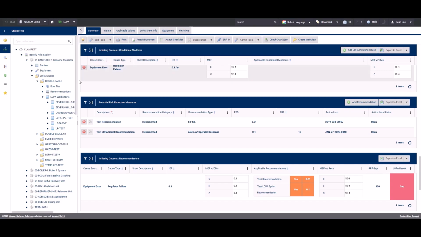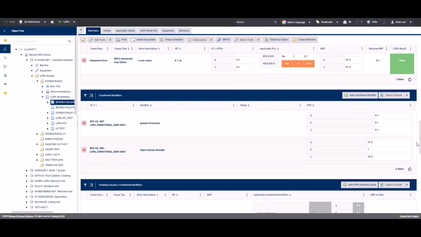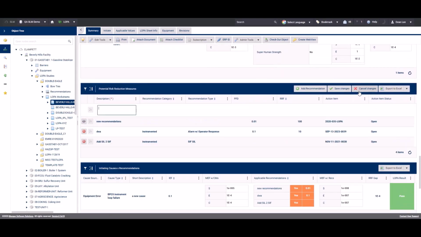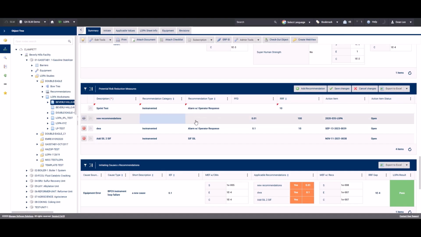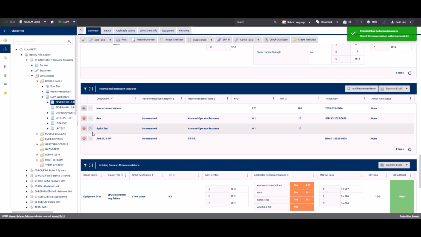So if we come to the LOPA module, we come to a LOPA worksheet. If we scroll down to the potential risk reduction measures, add a recommendation. Call it sprint test, add a recommendation category and type, save changes. If we now click this button here to add an action item,